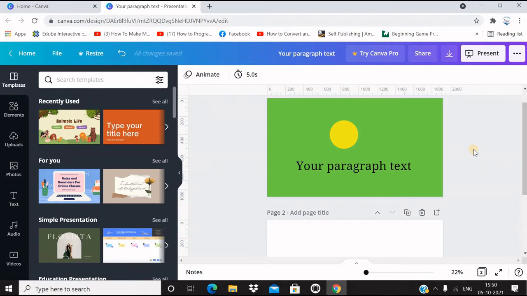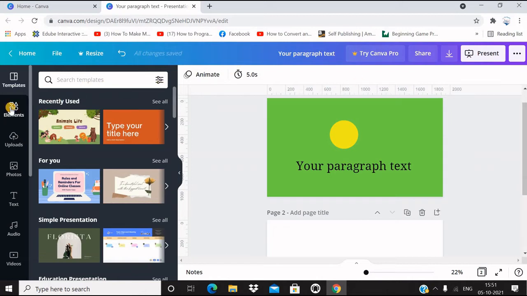Now let us see how the objects are placed in different layers and how the objects become visible or invisible based on which level is at the front. Let me insert the image of a tree and a monkey on the screen.